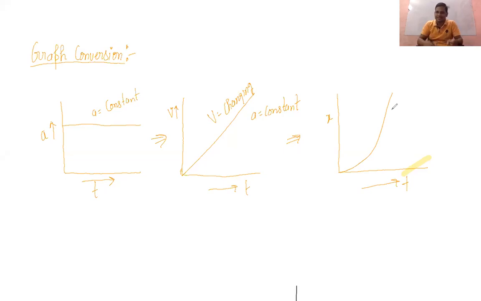Sir, when we solve questions, we use the formula v equals u plus at. In that case, do we use constant acceleration or uniform? It will be constant acceleration. So this will be the case, or this will be the case. Acceleration will be constant, okay, and your velocity will be uniform, but acceleration will be constant. Got my point?